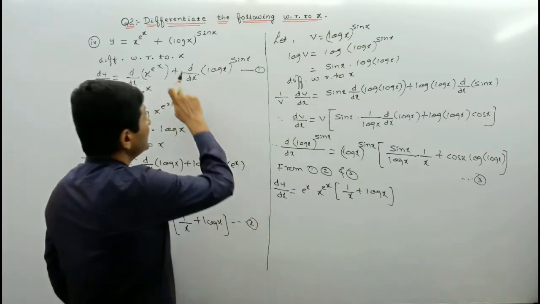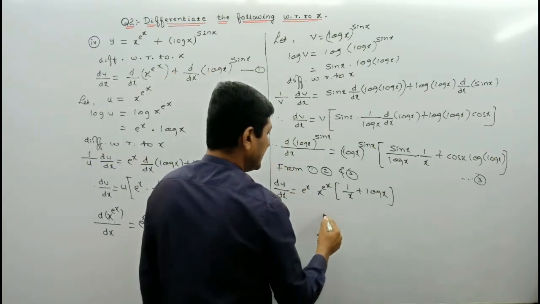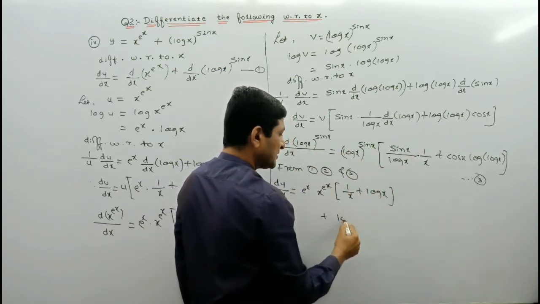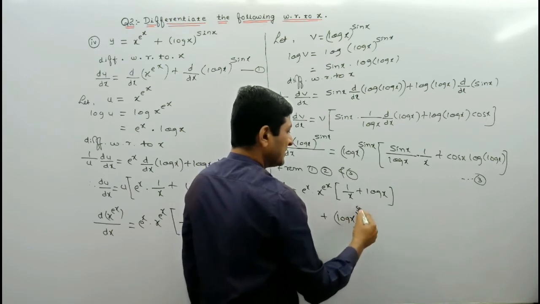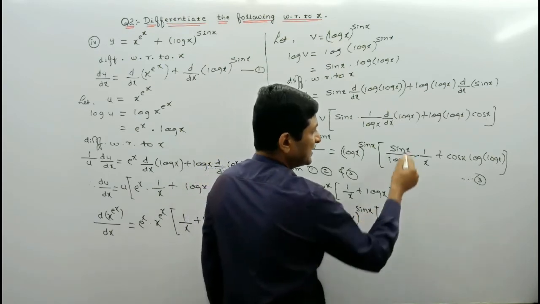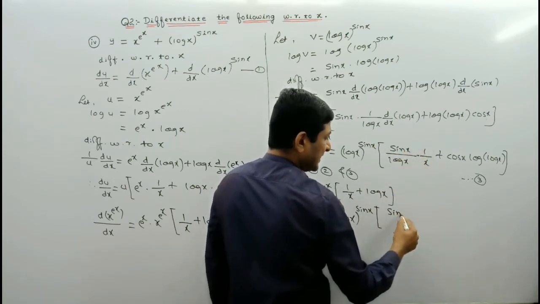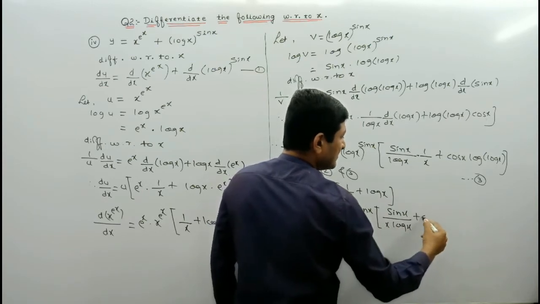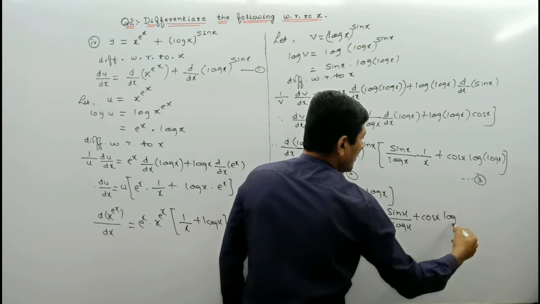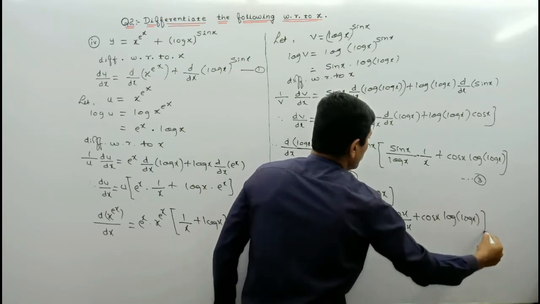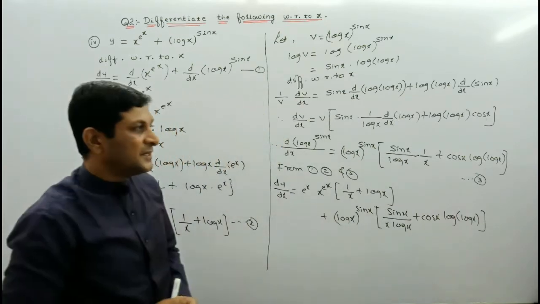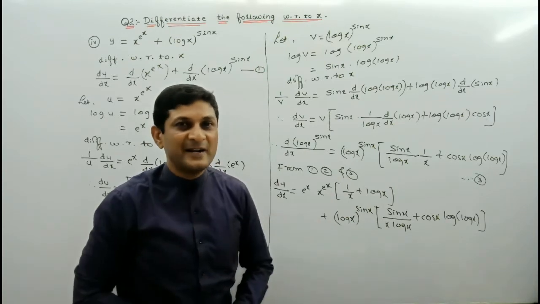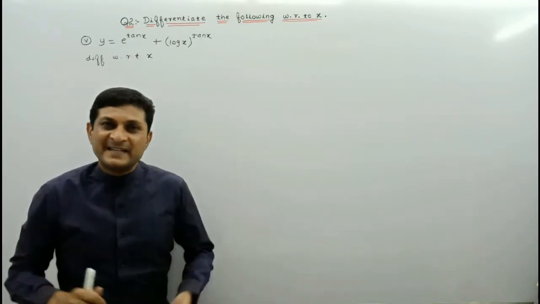Now we are substituting the derivative of the second term, plus keep it as it is, and the derivative of the second term we have got in equation number 3, where its differentiation is log x raised to power sin x into, here in the numerator sin x into 1 will be equal to sin x, and in the denominator x into log x will be x log x. And what is the second term? Cos x into log of log x. In this way we have got the differentiation of the second term also, and this is nothing but our required value of dy by dx. Now see example number 5.